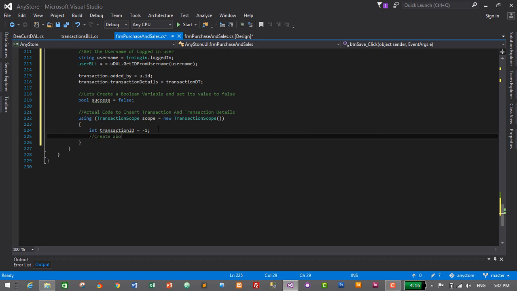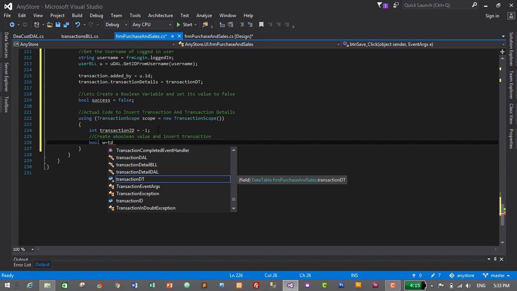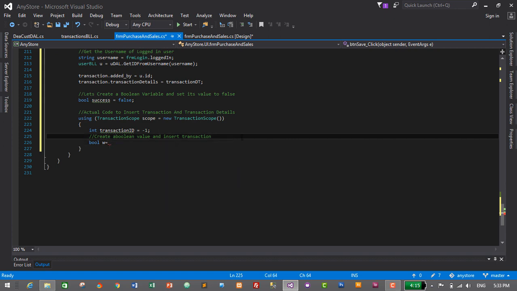Create a boolean value and insert transaction. So bool, I will give its name to w and is equals to, we haven't created a DL for our